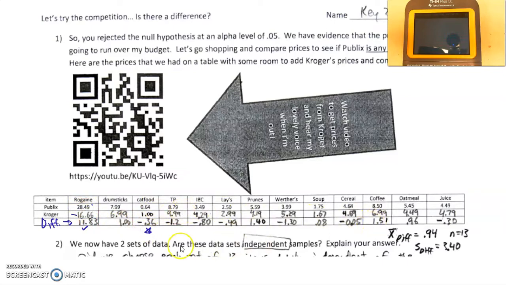In the end, we're interested not in the sum of all the x-bar from list 1 or the x-bar from list 2, but we were interested in the x-bar from the difference row here, and so we were interested in the fact that it was a 94-cent difference, and since it was positive, that would mean that Publix on average was higher. There were 13 items, and the standard deviation of that was pretty significant, a large deviation, and it's mainly coming from that Rogaine product. Okay, so moving along,